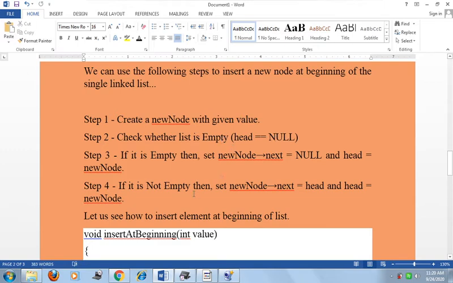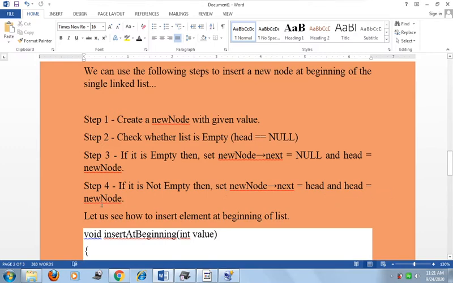Then if it is empty, set the next of new node to null and head equal to new node. So this is the third step. Now suppose the list is not empty, then we set next of new node to head and head equal to new node.